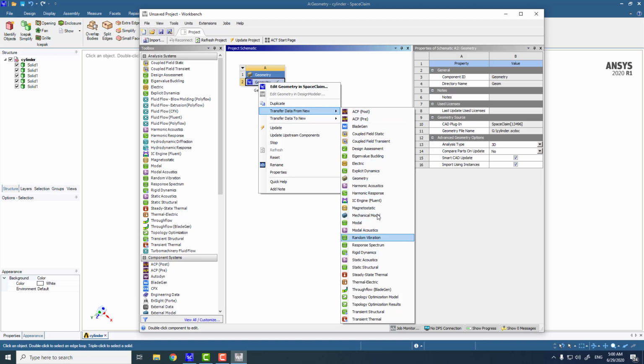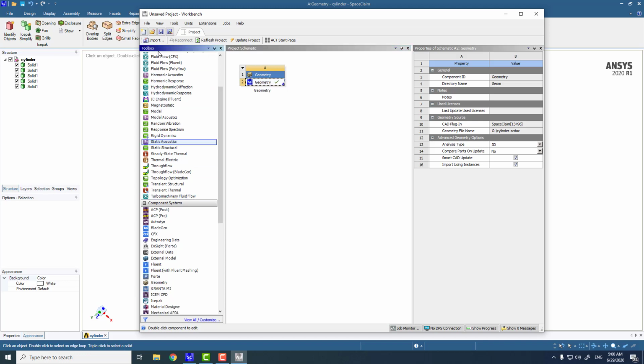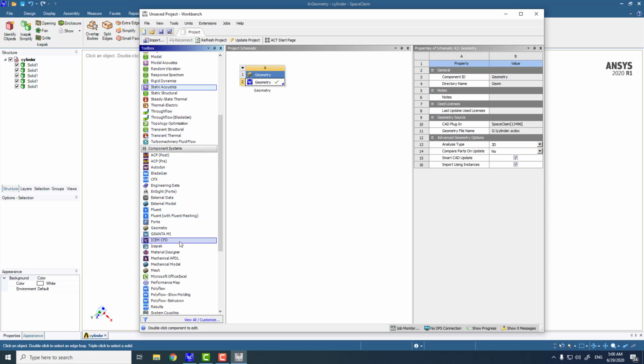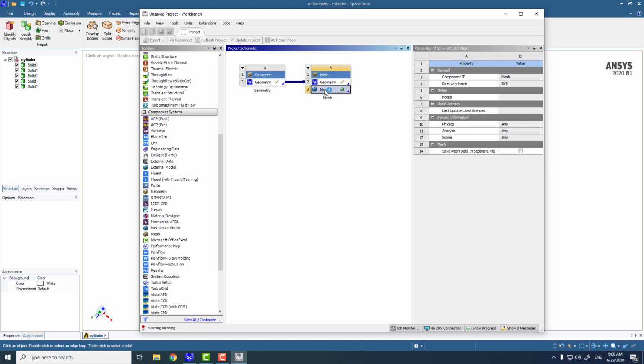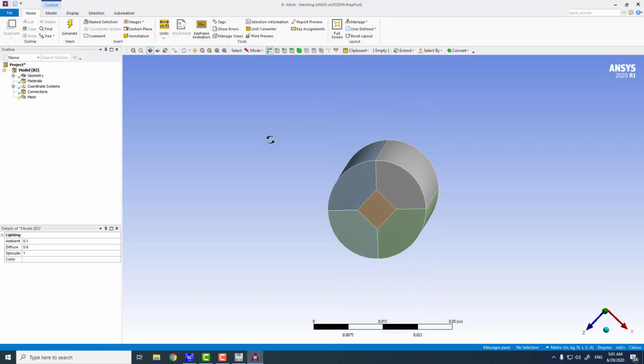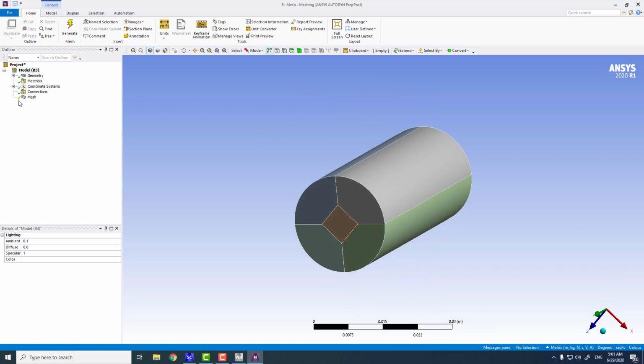And if you don't find the meshing here, you can manually do it from this toolbox. And here we have the mesh option. Just drop it on the geometry here, and then simply double click on the mesh. This will open the meshing application with the geometry which we created in SpaceClaim.